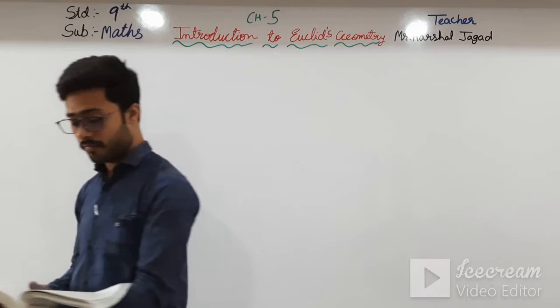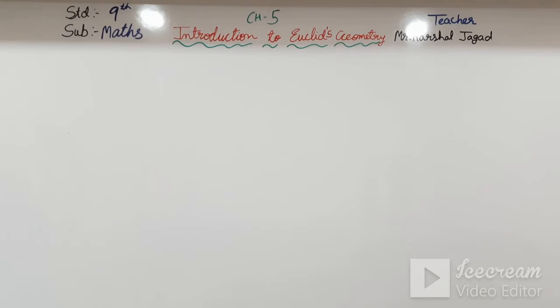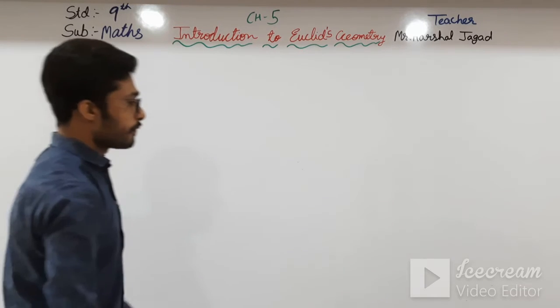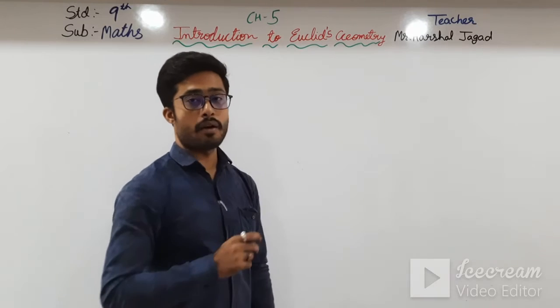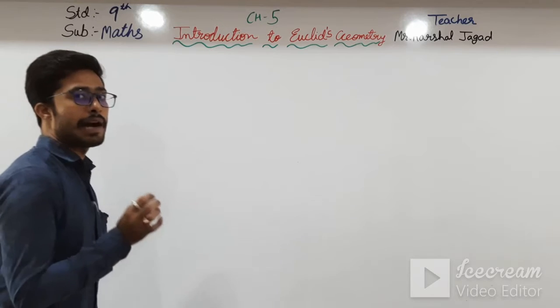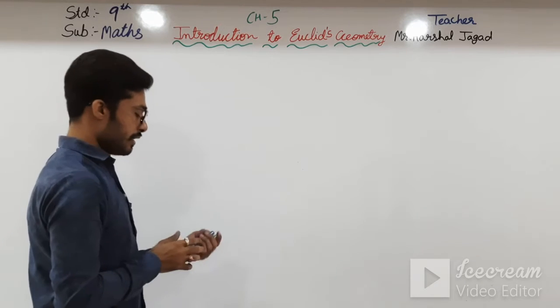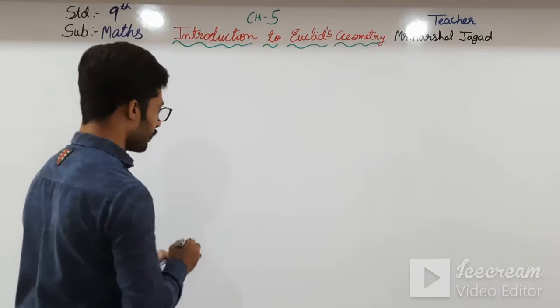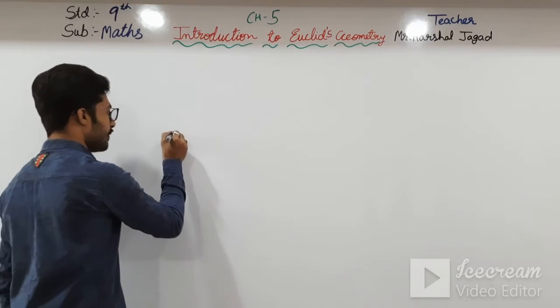I don't have a measuring compass and other things, so I am just explaining how we can draw this. A line is given,